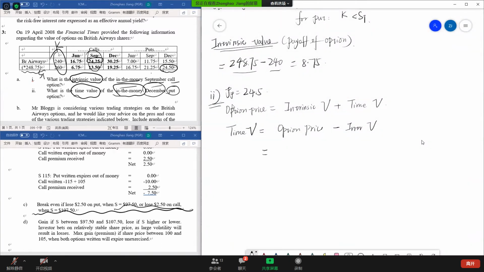So the option price here is 24.5. And the intrinsic value of the put option is the payoff of the put option. The payoff of the put option is 260 minus. So the time value is